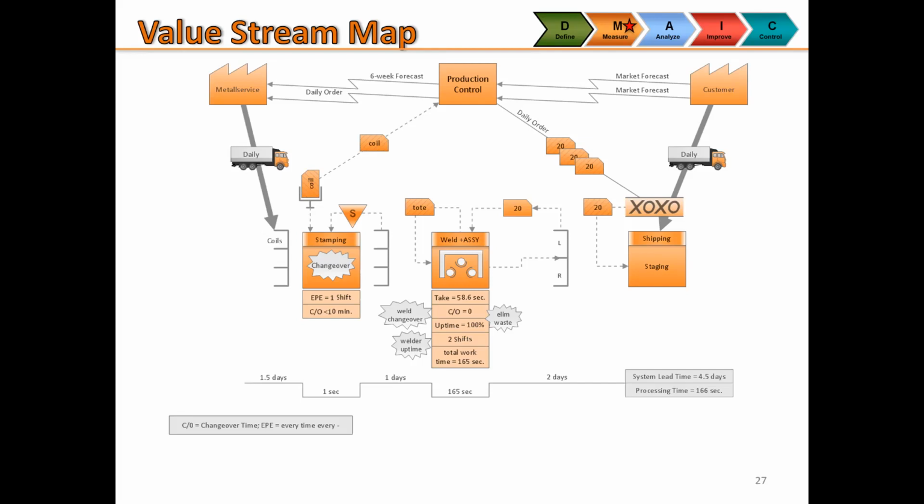So when you get to the right corner, you see a summary there, and what you're going to have there is total processing time, which is going to be measured in days or sometimes weeks. And then the value added time is usually measured in minutes or seconds. So the strategy is, after I map the process out, I'm going to try to compress those two together. And a lot of times you can make a lot of big